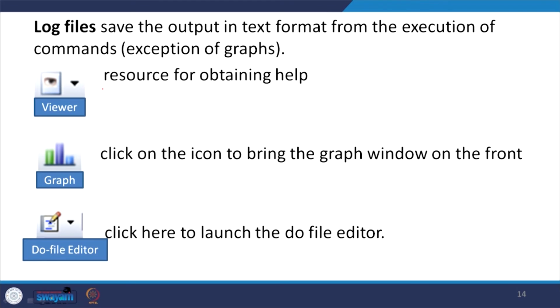So log file, as I already mentioned, saves the output in text format from the execution of commands, with the exception of graphs. Okay, graphs cannot be saved in text format, as you all know. So you need to save them differently, all right, in a different window. So graphs pop up in a different window. Similarly,